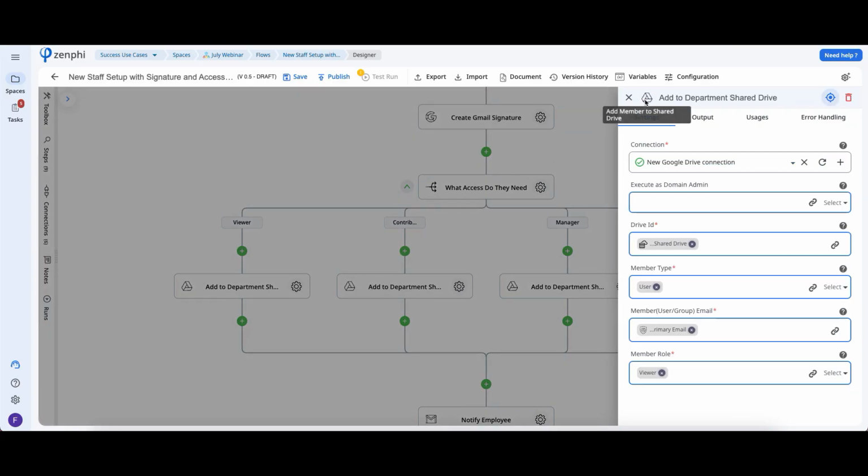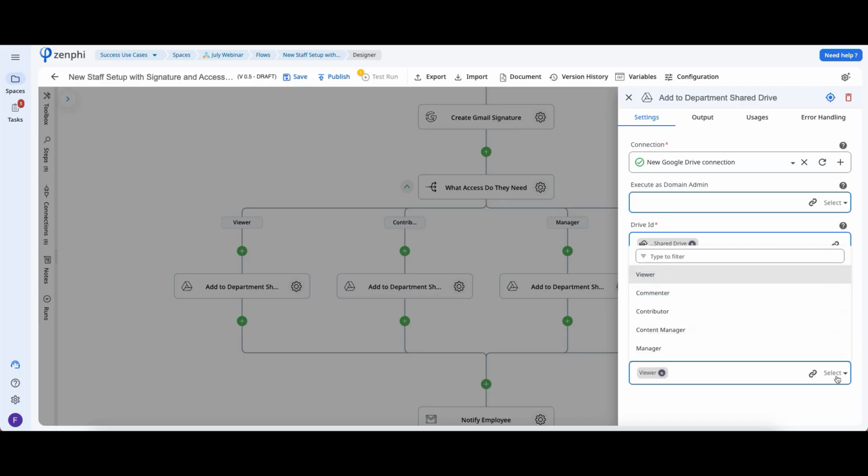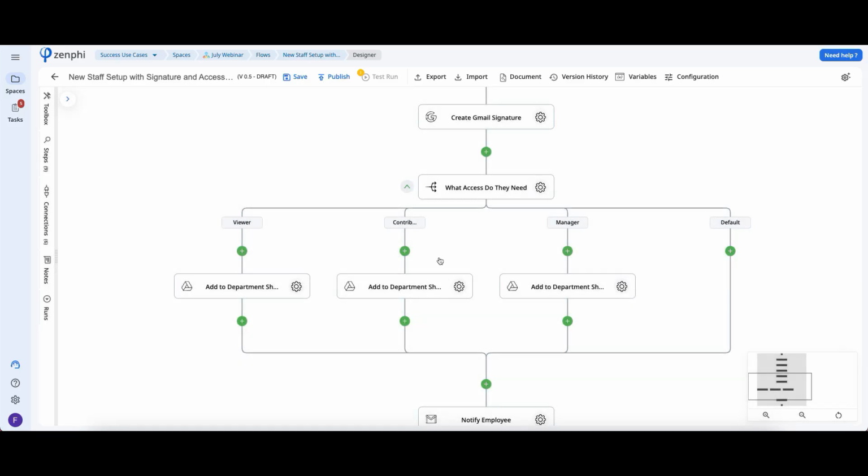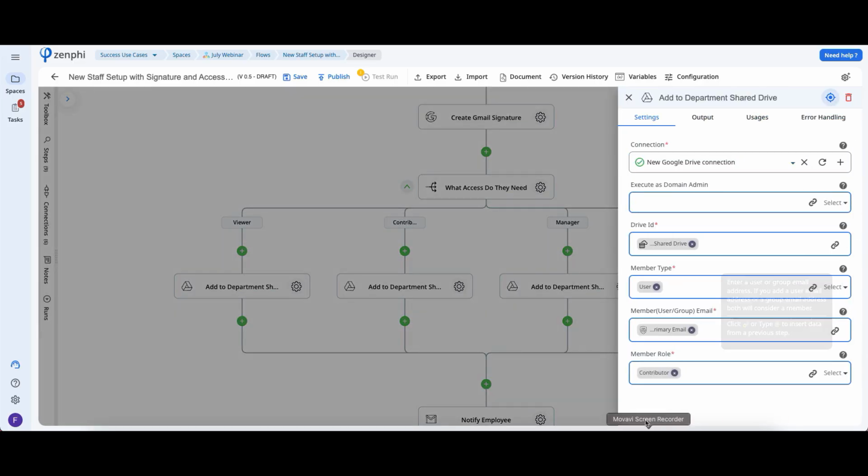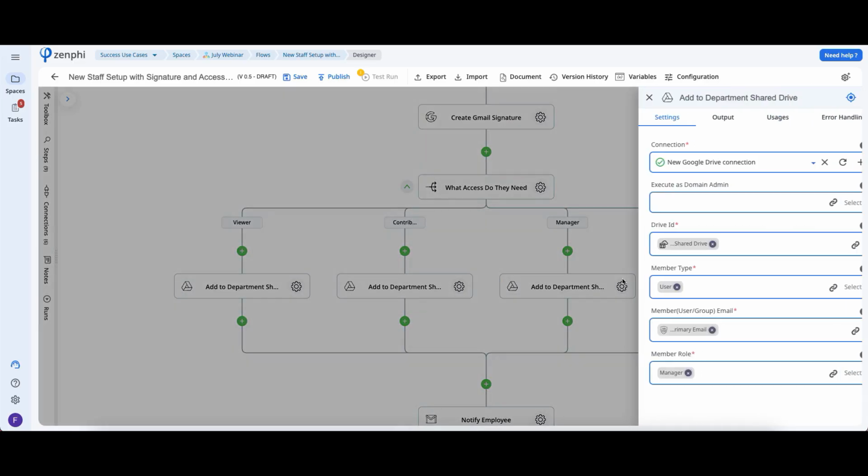For all of these, we're using the same action, add member to shared drive. So what we're doing here is adding the drive ID from our find record action, which is stored in our table. Here we're indicating that it's a user. We're going to add their email here, and then in member role, this is the only thing that's changing within the different branches. If you want to have another option for commenter or a content manager, you can also do that. So as you can see, that one is for viewer, this one is contributor,